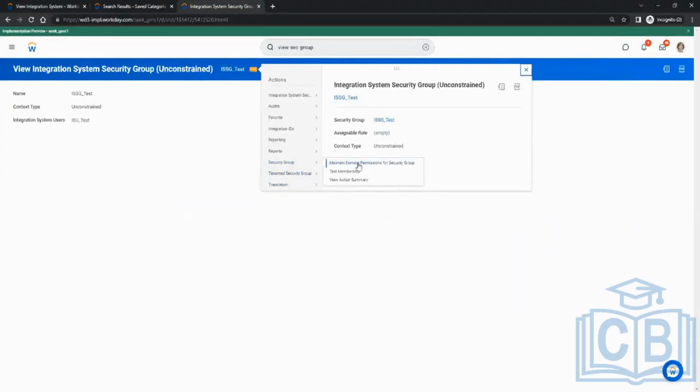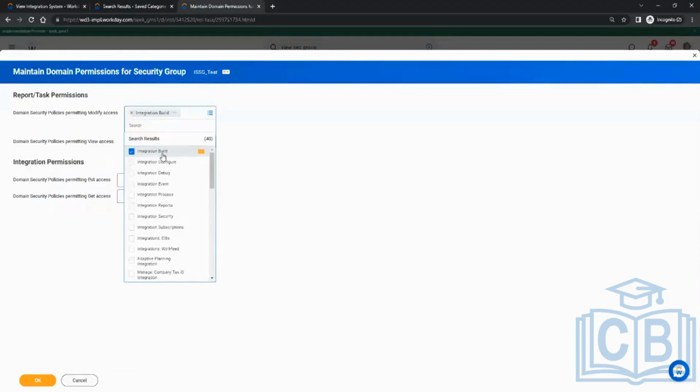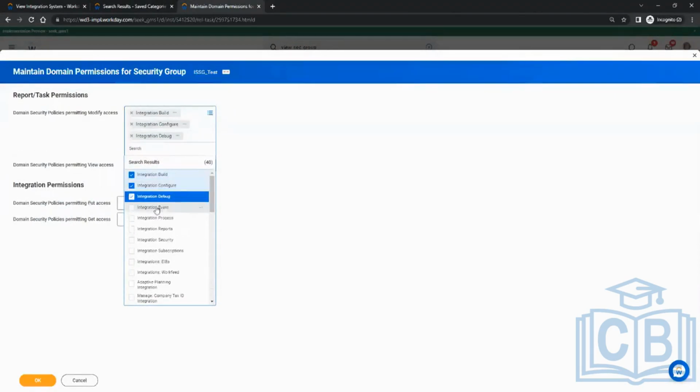Security group, maintain domain permissions. It will open up a page like this, right? They are saying give the put access, give the get access, view access, modify access, whatever you want to give, you can. First of all, since it's an integration user, first step, go to modify. Right here, integration. You will get integration related stuff. Select all this: integration, configure,